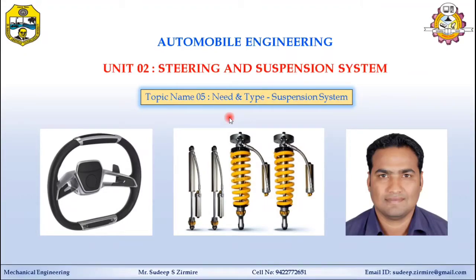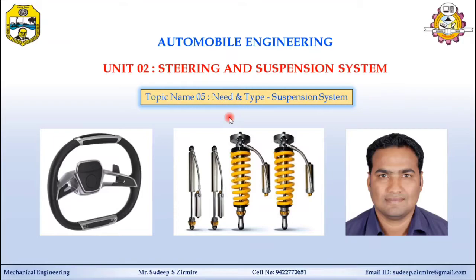So friend, you know what is meant by suspension system? The automobile body and frame are mounted on the front and rear axle, not directly, but through some form of spring and shock absorber. The technical name of the shock absorber is the damper. So this spring and damper combination is used to damp the vibration or road shocks. All these parts collectively perform the function called suspension system.